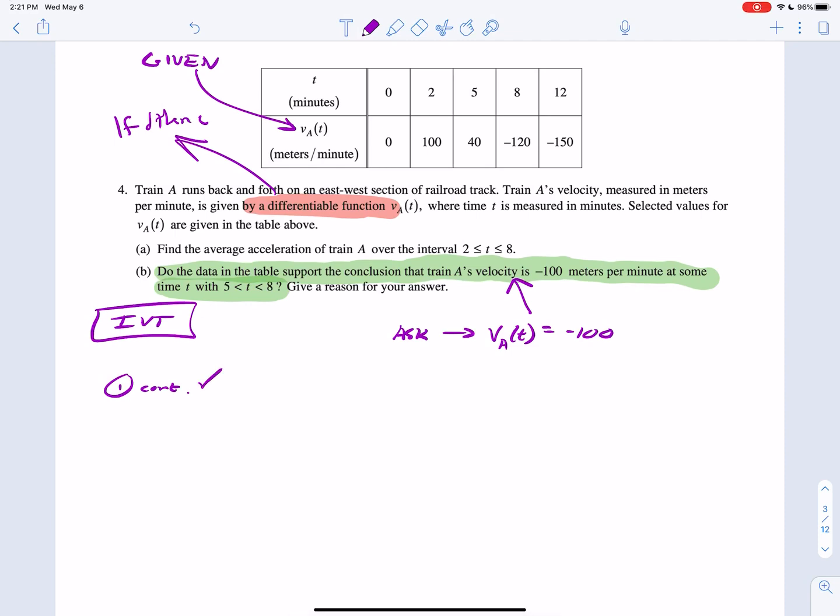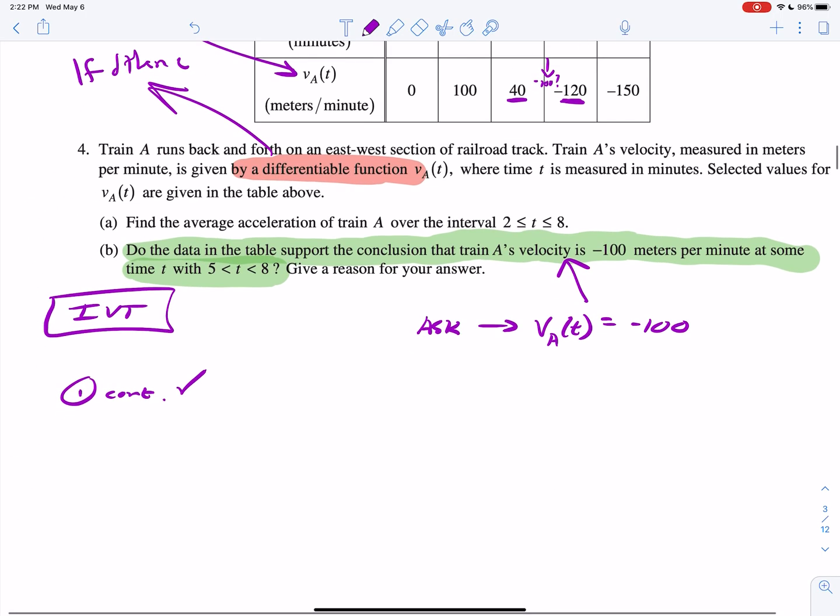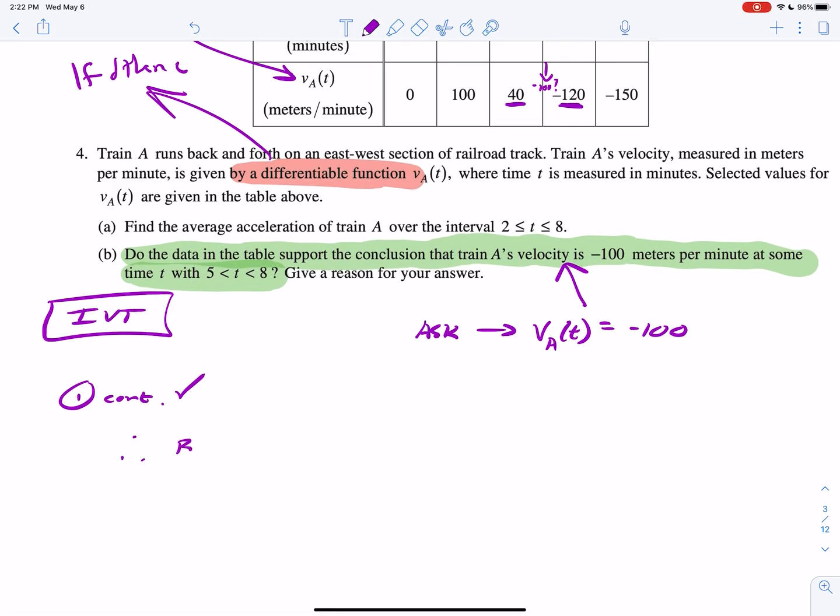Okay, so is there a time from 5 to 8, somewhere in between, where the velocity will be negative 100? Okay, so first you have to see if it's possible. So if you start at 40 and you end at negative 120, will you eventually cross negative 100? Yes, so you would. So therefore, by IVT,